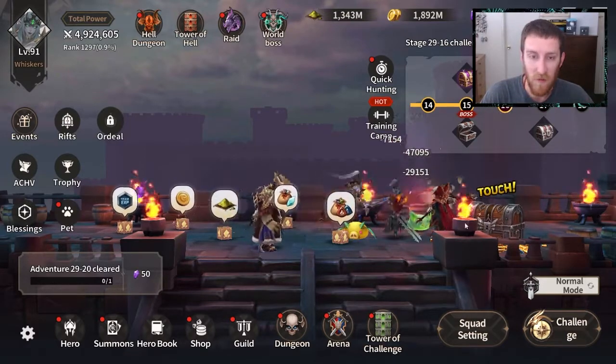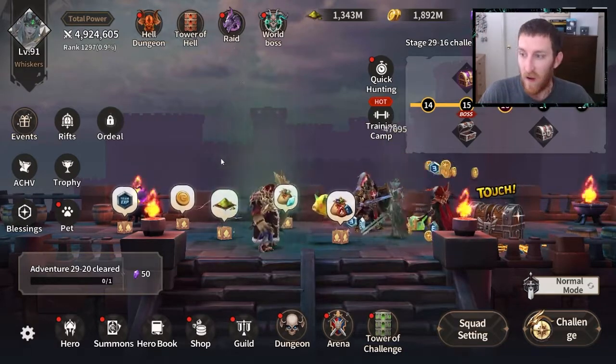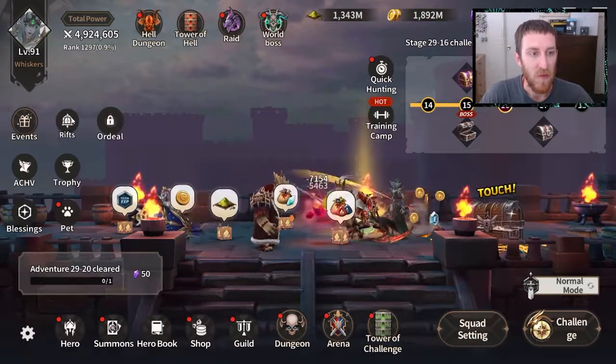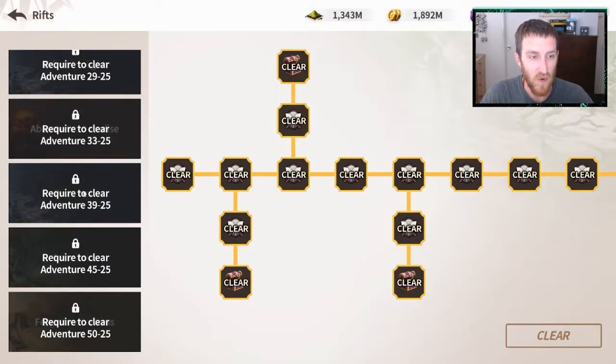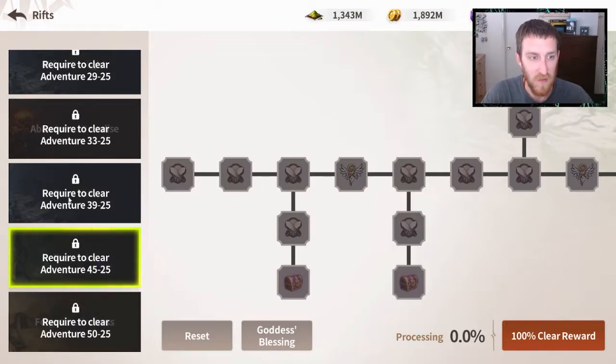And that's actually it for the quality of life ones right there, just the quick hunting and auto hunting. They also added, for some new content, 2 new rifts. I'm guessing that they're these 2 higher rifts right here. I've actually not done much of the rifts, so I'm not certain, but I'm guessing it's probably these 2 strongest